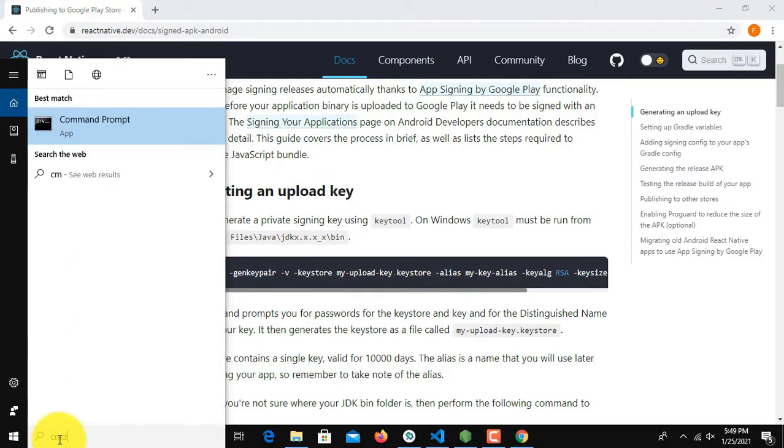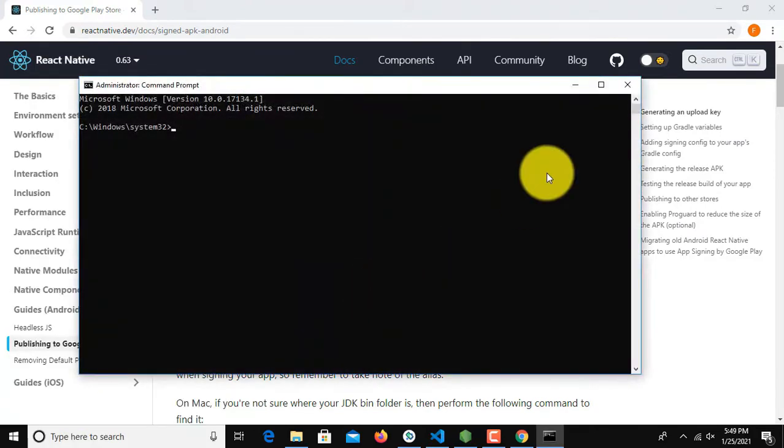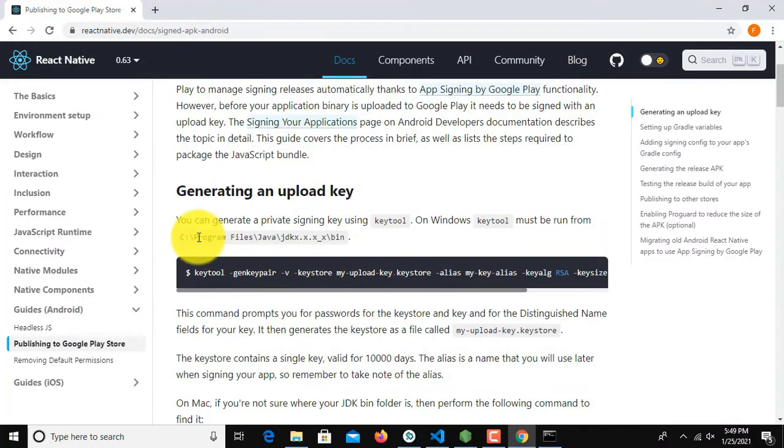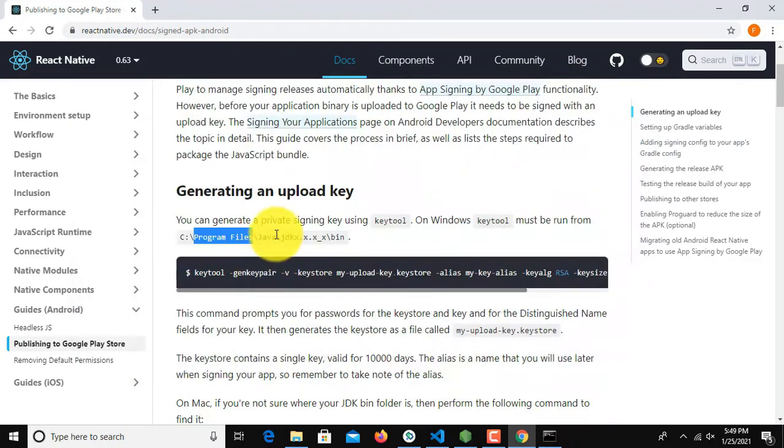So to go to your bin directory, you should first enter your C drive, then your Program Files folder and then Java folder, and then there you find the JDK folder inside the Java folder.